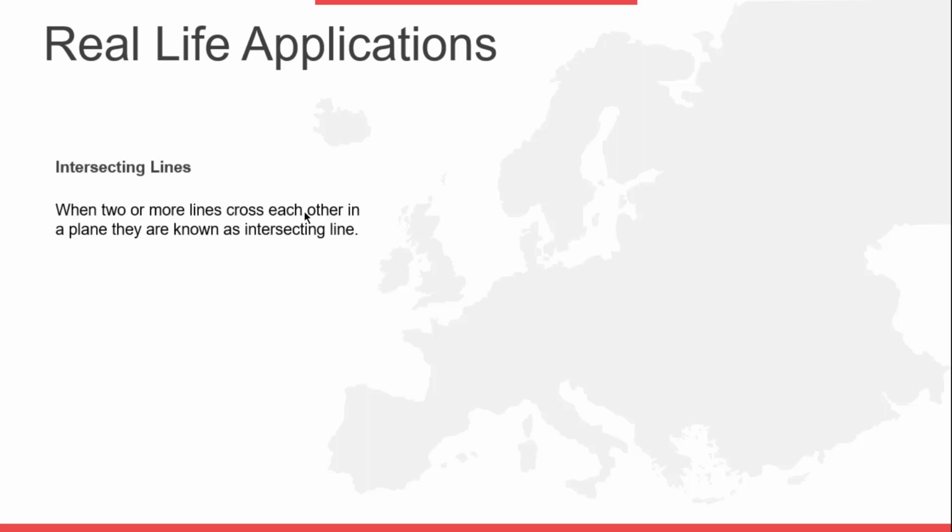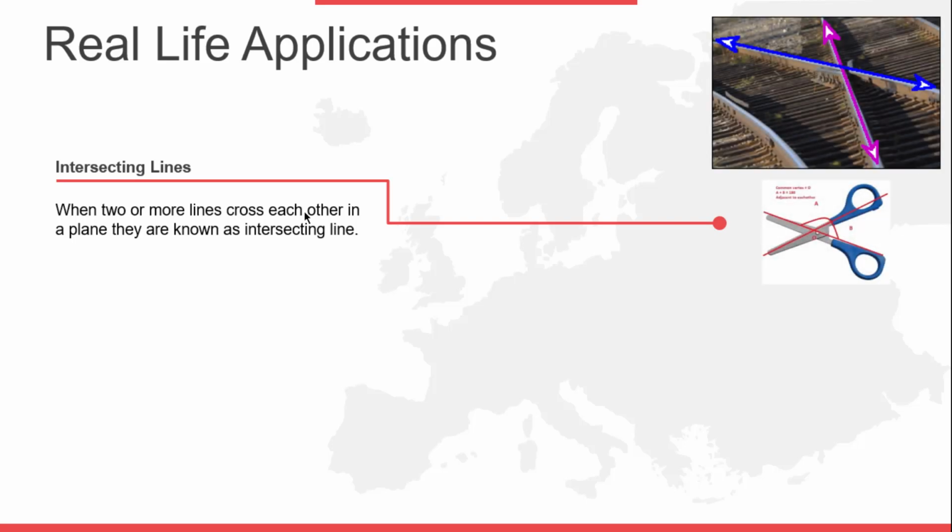In real life, the first line that we learned was the intersecting line. Now let us look at a real world example. The first example is a railway crossing. Here you can see two railway tracks are meeting each other and the blue line and the purple line show a point of intersection of two lines. So this is an intersecting line. Similarly, the scissor again meets at a common point O and it has two lines passing through it, so it becomes an intersecting line. Here I reiterate that an intersecting line can have two or more lines.